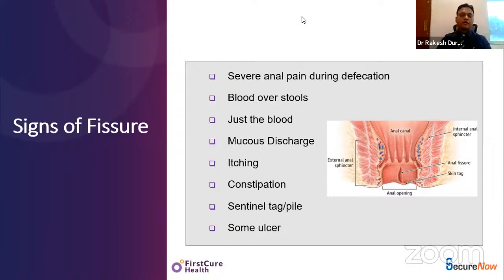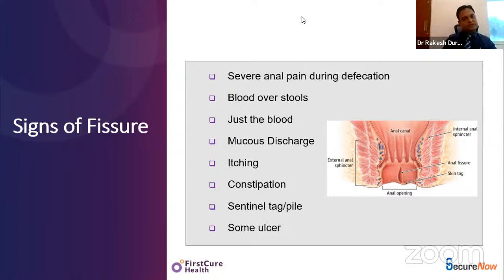So now, what are the signs? Number one, I told you that there is severe acute pain. Next is blood over stool. What is the meaning of blood over stool? When the hard stool comes through, it comes out very slowly. In that process, a small amount of bleeding happens and the blood comes onto the stool as a streak onto one side, mostly the posterior side. Or sometimes it is just blood not associated with the stool as such. Or sometimes maybe just mucus discharge, the stool does not come out